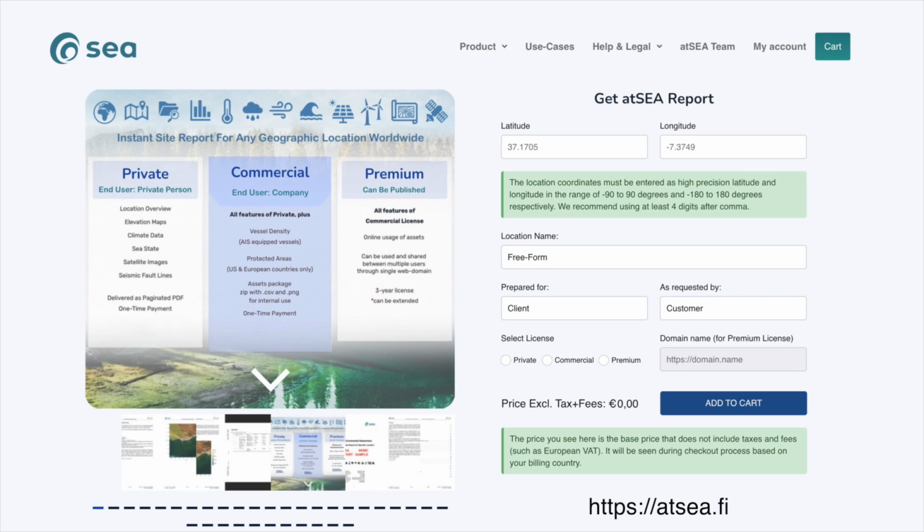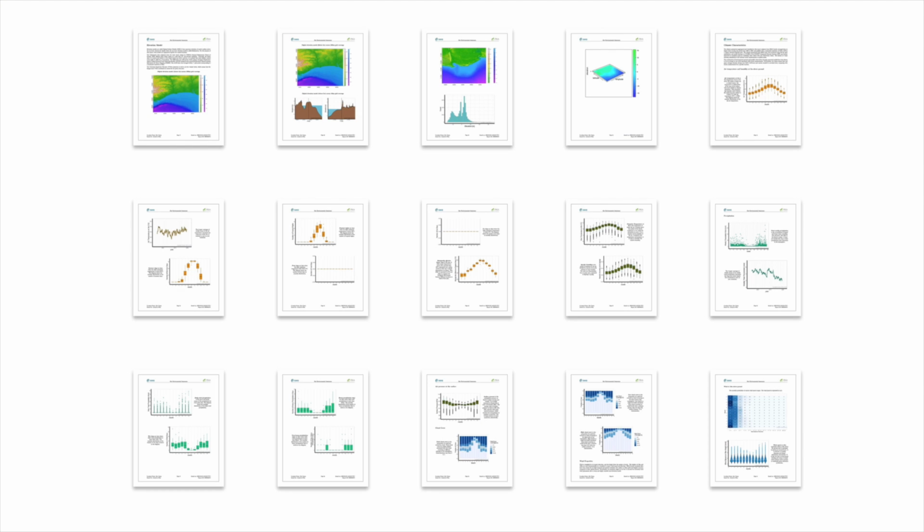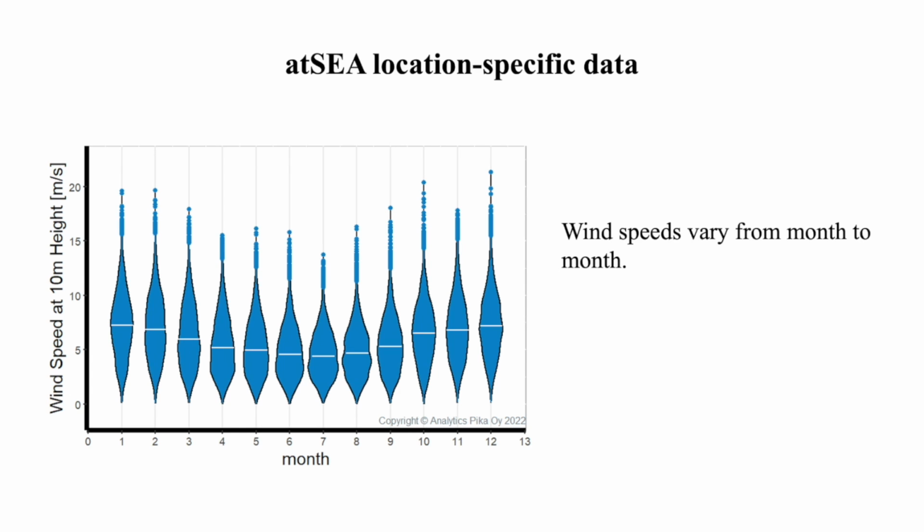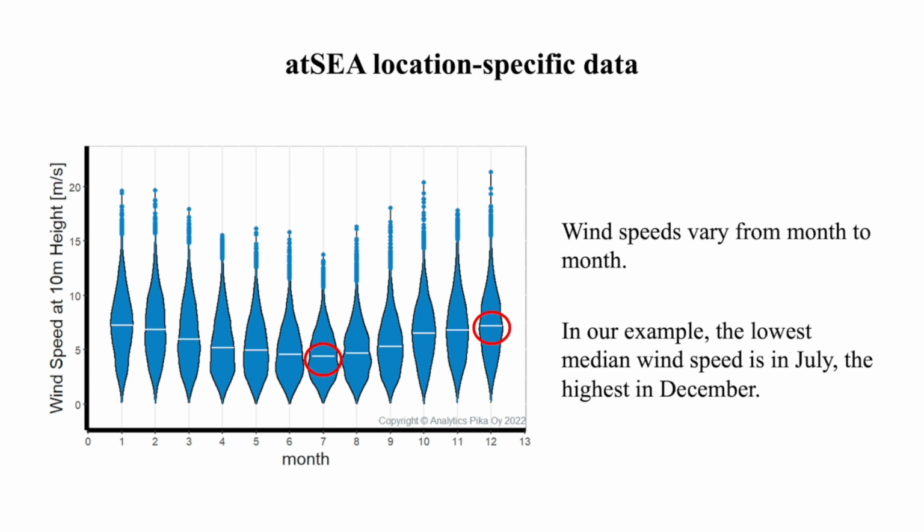For the calculations, we use location intelligence report obtained from @c.fi. The handy paginated PDF contains all key environmental and climate data for our specific location as easily understandable statistical distributions. Such reports are available for every location in the world. One of the graphs in the @c report shows wind speeds by month. It is clear from the graph that wind speeds vary considerably throughout the year, something that we must consider particularly